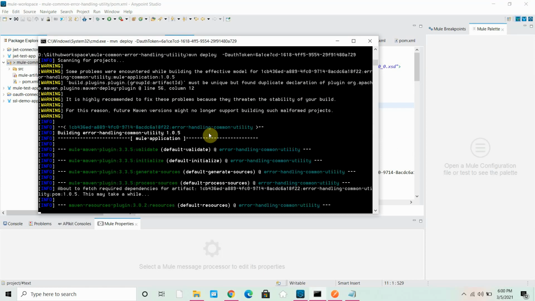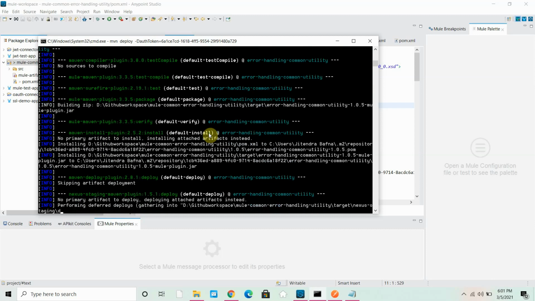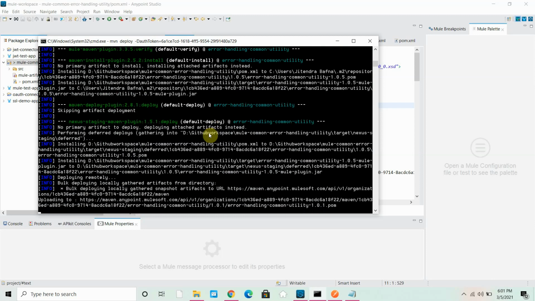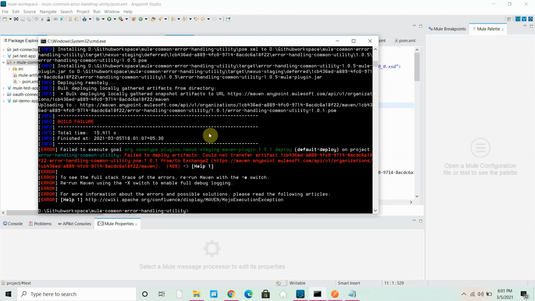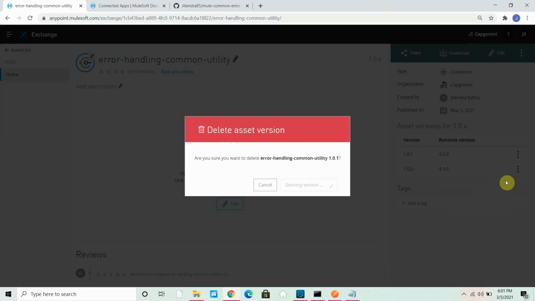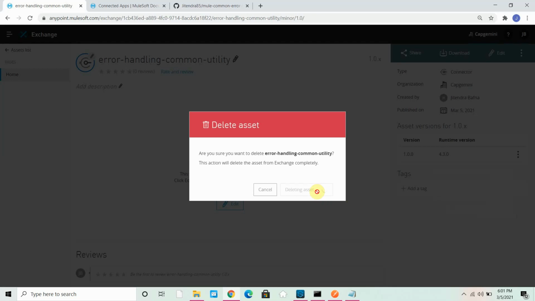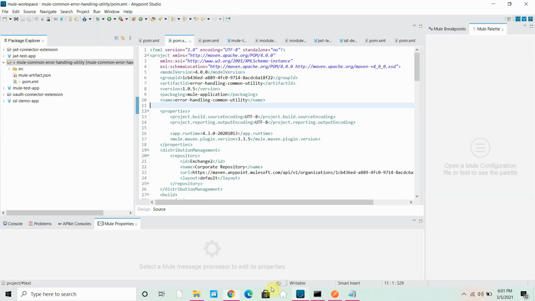Let's see, this time it should deploy. Okay, so better what I will do, I will remove all this application and I will try to redeploy it. Okay, and I will just keep this as a 1.0.0 again.